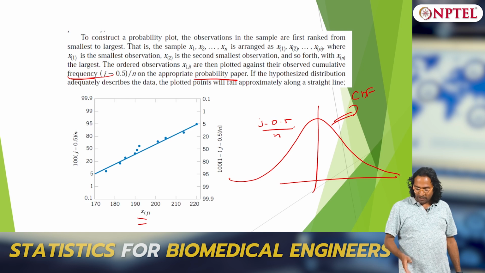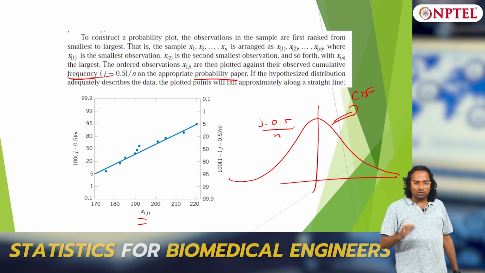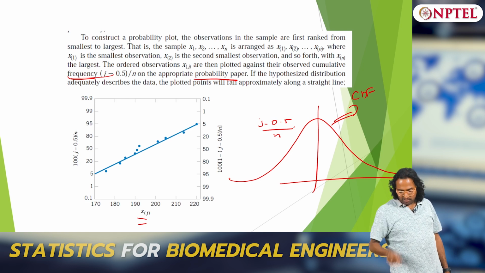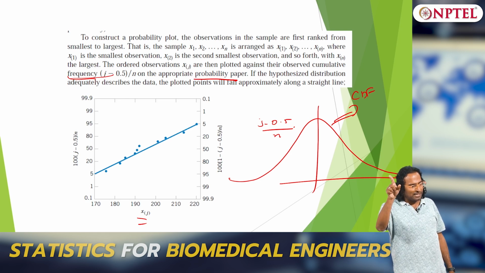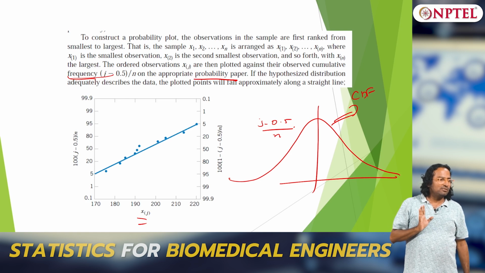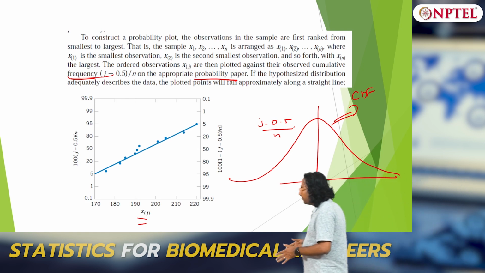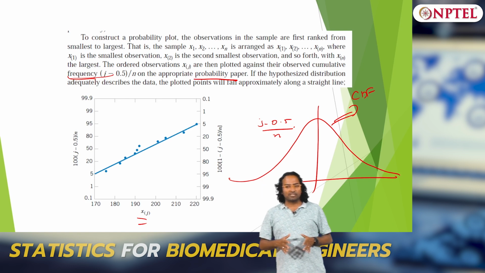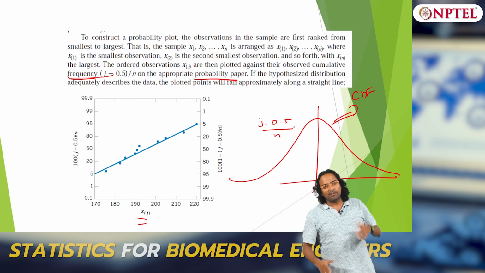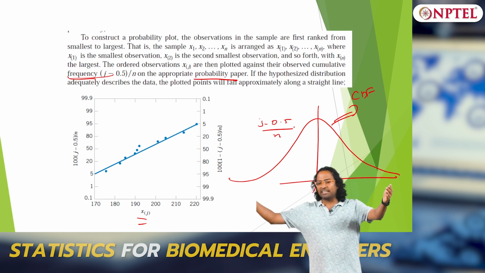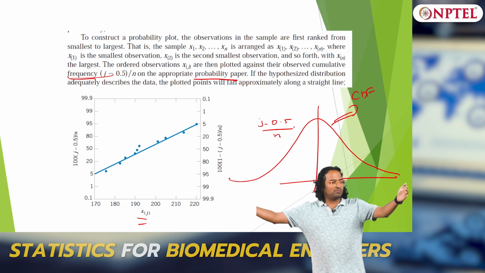In this case the slope factor is also taken care of by the plot only. So if you plot your data in this fashion in a probability plot, if it turns out to be linear in the probability paper, then your distribution is normal. The idea is comparing the percentage of data below 25 percent, below 50 percent, below 75 percent from your data against the standard normal distribution.